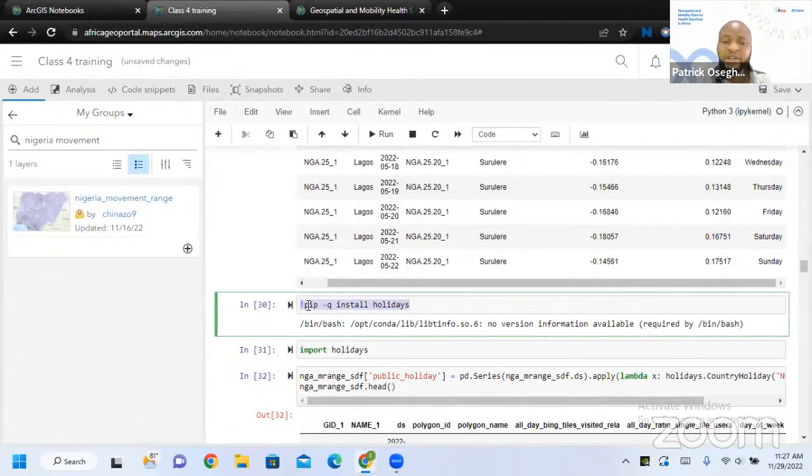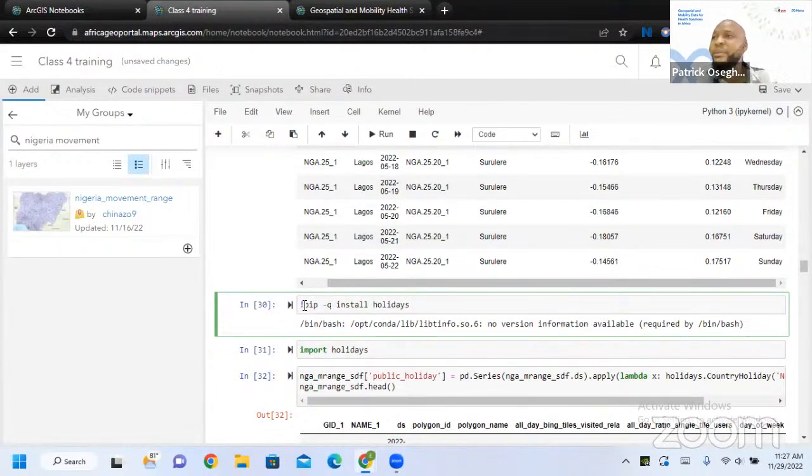For this installation, I just do pip install. The -q, don't mind it, means I don't want it to return any output for me. I want to keep it quiet, and it's also very good because I want my notebook to be clean. The exclamation mark is a magic function for it to work in the notebook.